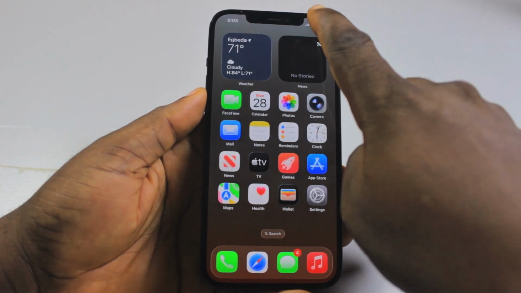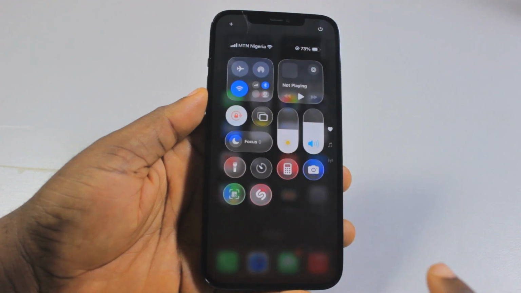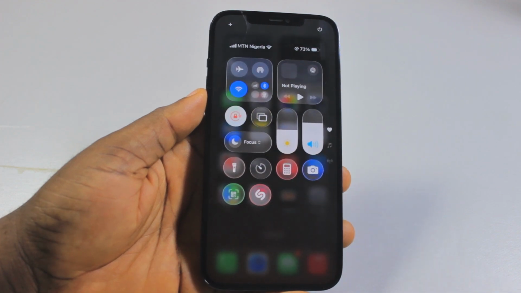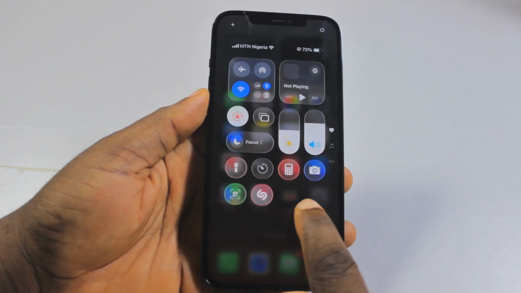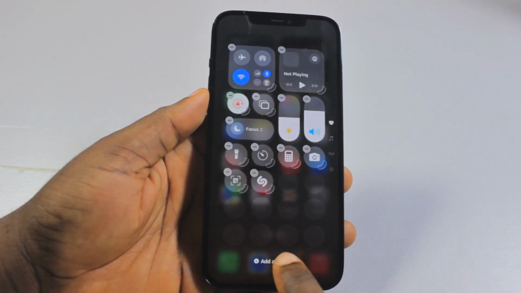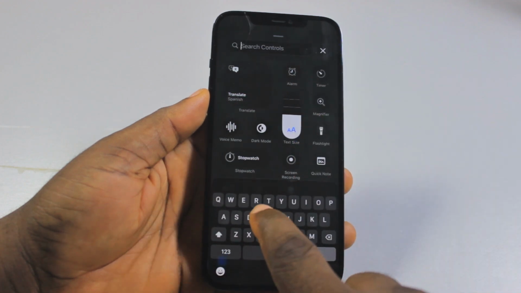Now the first thing to do is go ahead and swipe down the control center. Now you want to locate the screen record button and then press and hold it. If the screen record button is missing, press and hold the control center. Click on Add a control. Then search for screen recording